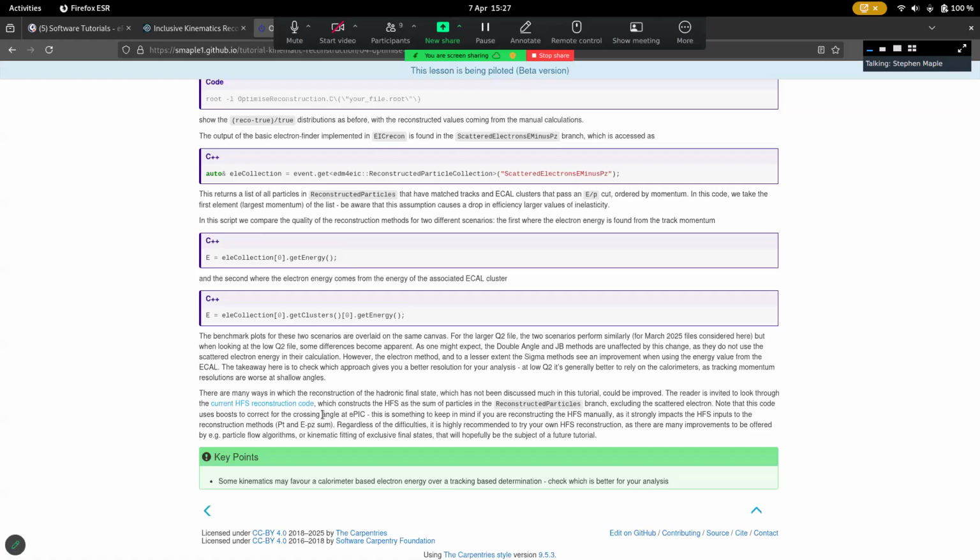These can be measured really well, and then you may be able to improve it by doing things like kinematic fitting based on your assumed masses and things like that. So there's a lot of potential to improve the hadronic final state reconstruction. It is, however, more complicated because